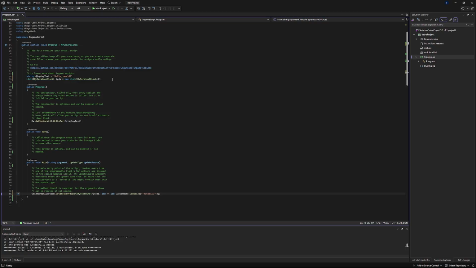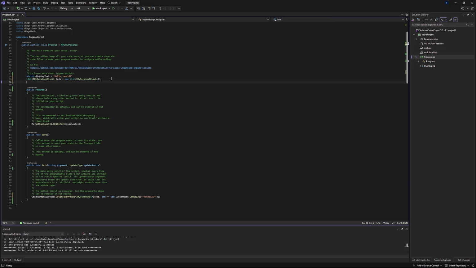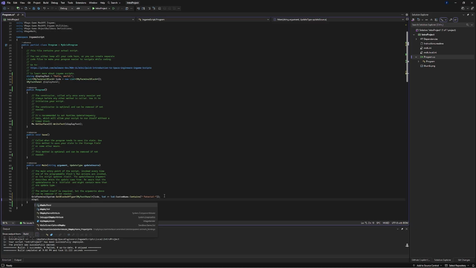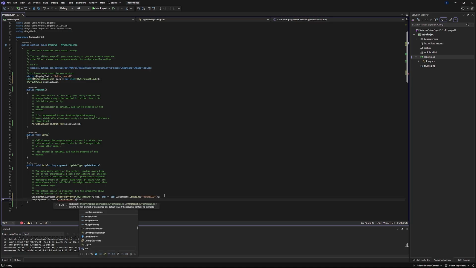All right, so next we're going to need an I, my text panel that we can actually manipulate, that we want to reference directly. So we'll call this display panel, and we'll leave that undeclared. And then we want to set this display panel equal to, we're going to go to LCDs dot first or default. So it's going to be our first one or default, which will be null if there's no